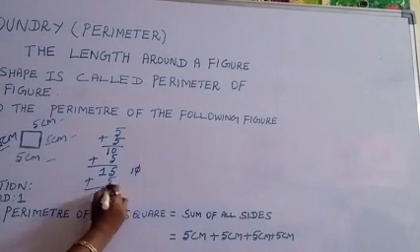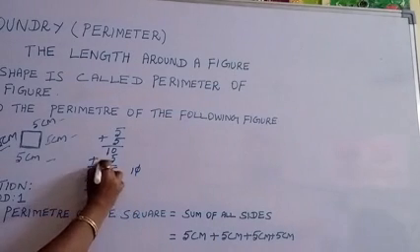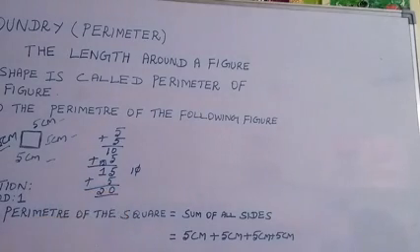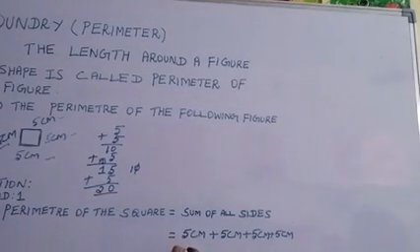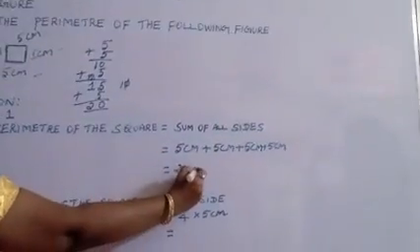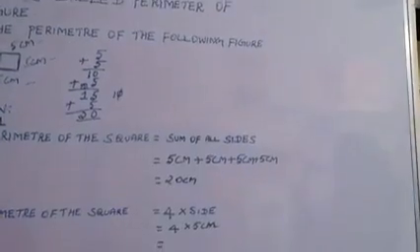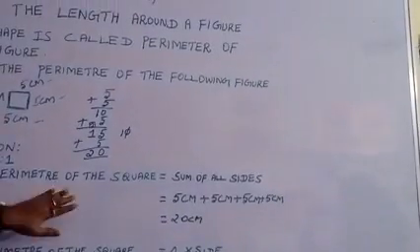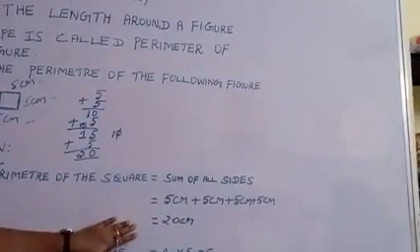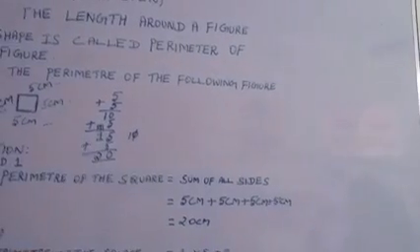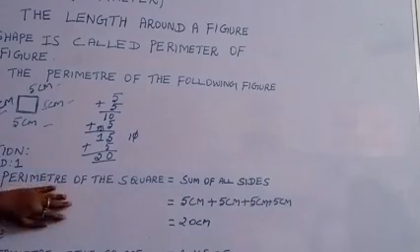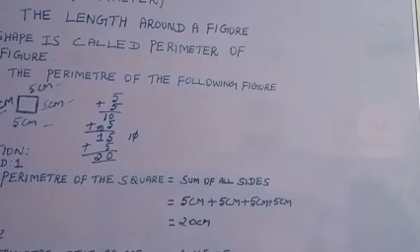The 0 goes right under the 1's place. Carry the remaining 1 into the 10's place. The 1 plus 1, 2. So, how much, dear? 20 centimeter. So, the perimeter of the given square is equal to 20 centimeter. This is the first method, children. This is the common method for all the closed figures.